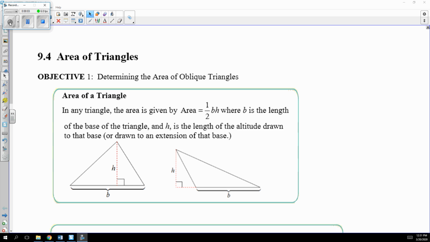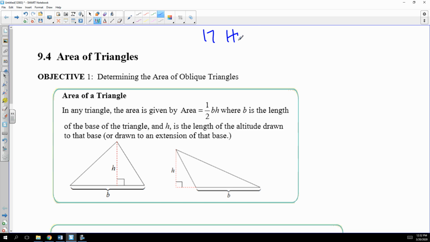Alright guys, the last section in chapter 9 is probably the easiest section out of all of them. We're going to find the area of an oblique triangle, so it's going to be a little bit different than what you learned in geometry, because you're going to have a way that you can use a trig function using sines or using Heron's formula, which is on the next page. There are 17 homework questions, and